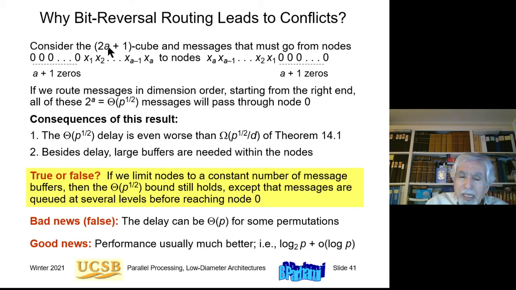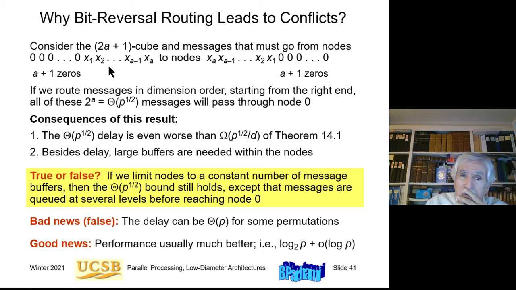Now 2 to the a is approximately a little bit less than square root of p. Okay, if we have p equal to 2 to the 2a plus 1, our q is 2a plus 1. 2 to the 2a plus 1 is the number of nodes in this hypercube. And 2 to the a is basically square root of p divided by 2. So order square root of p. So I have order square root of p messages,